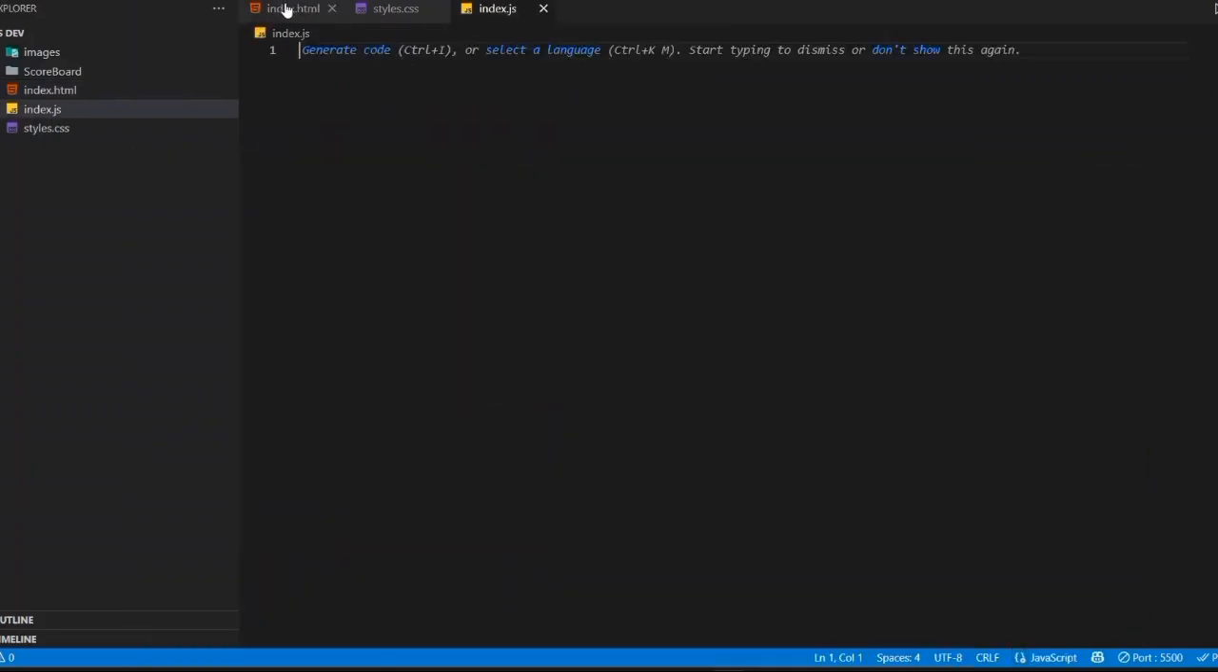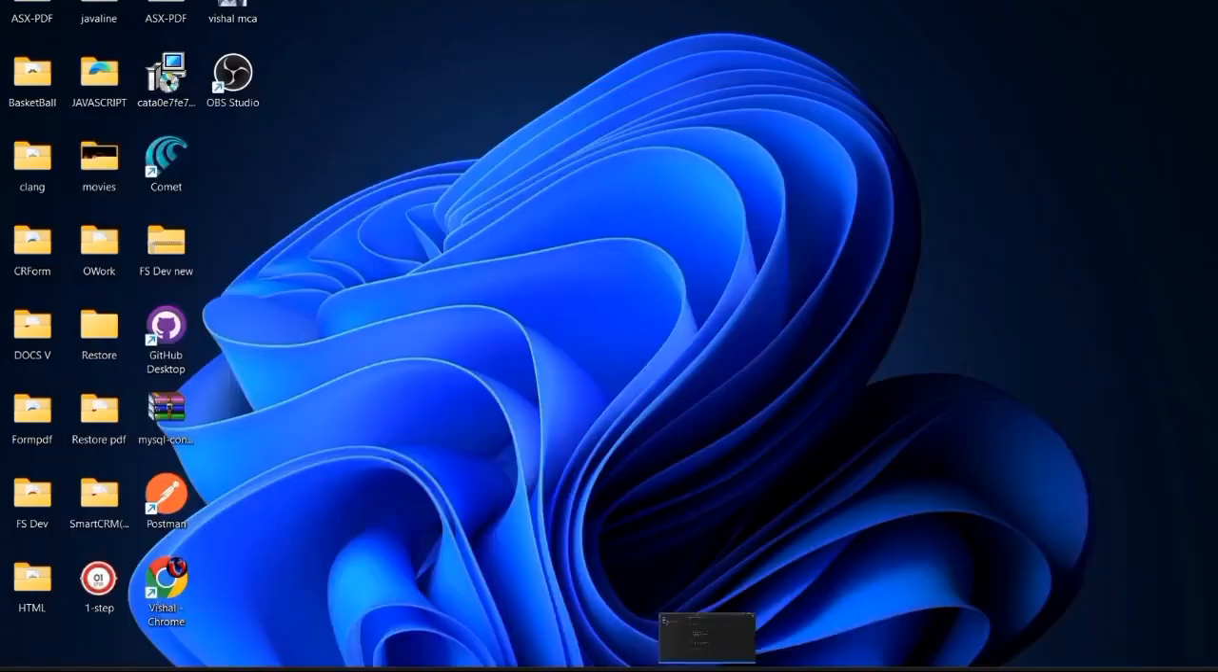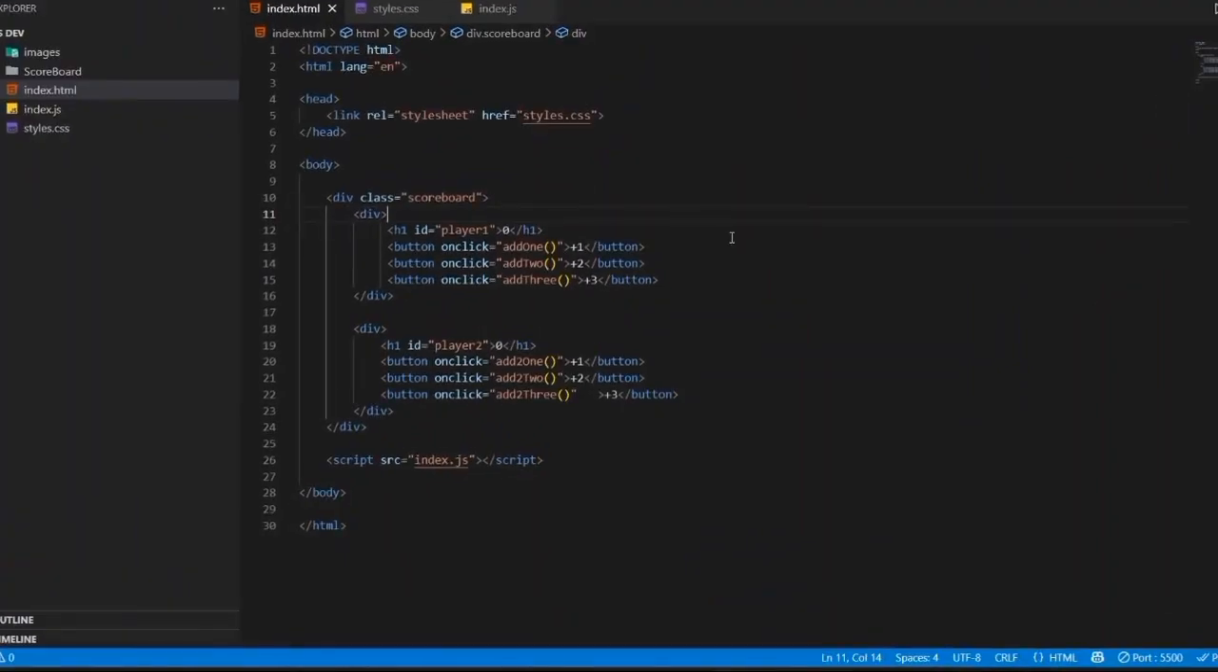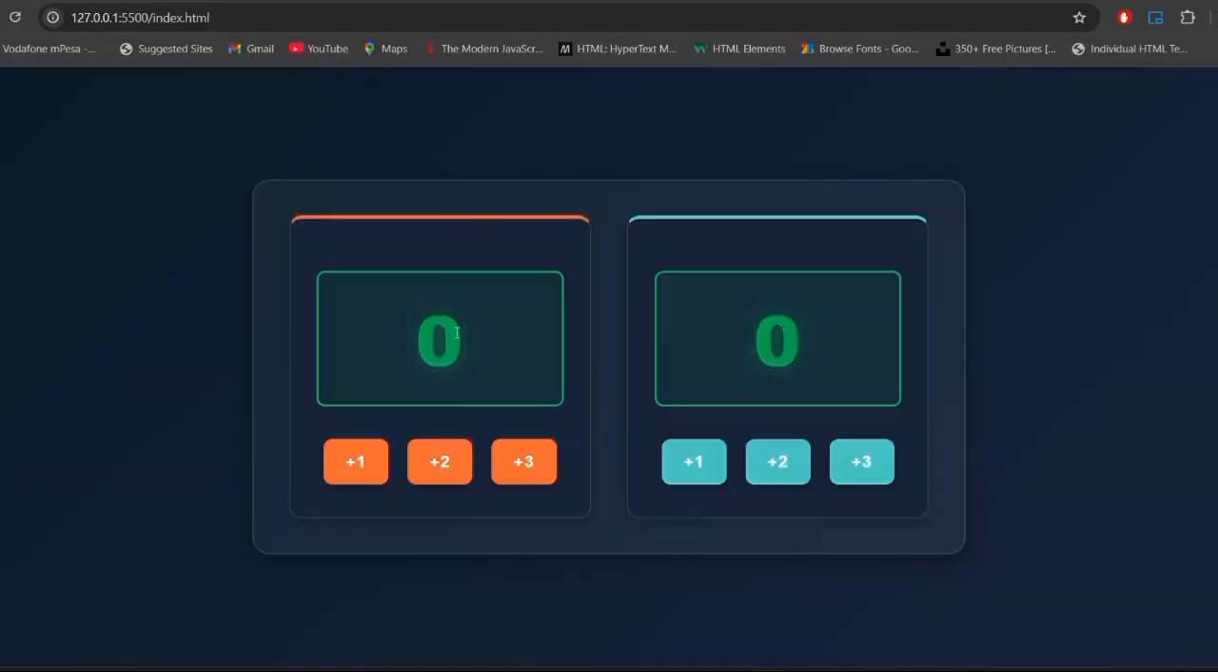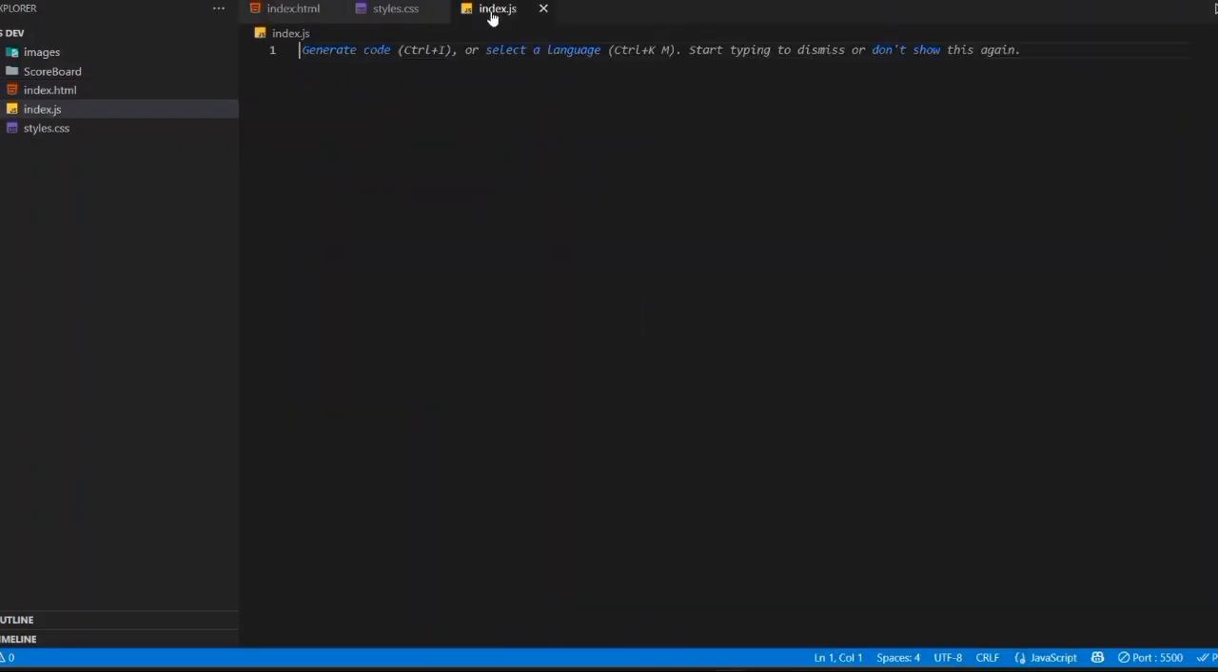So now, wait, where is this? Okay, now I want, when this is 0 here, isn't it? When we click on this plus, then it's activated. That's why we have to fetch this score section now. That's why we have to go to the JS